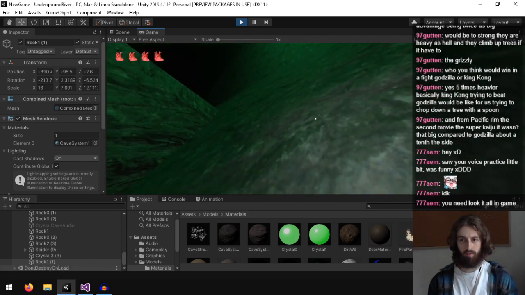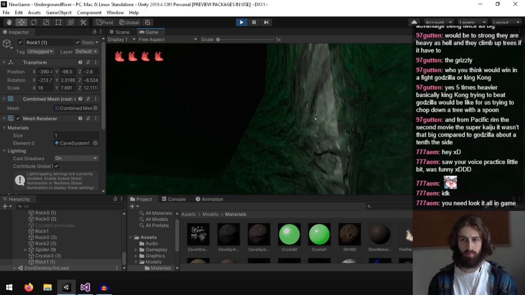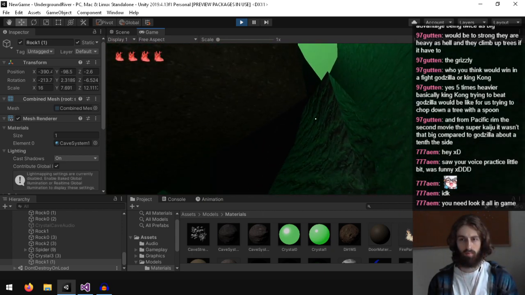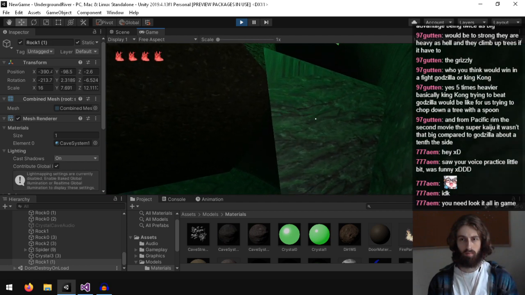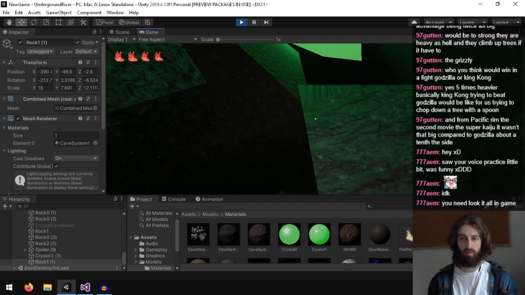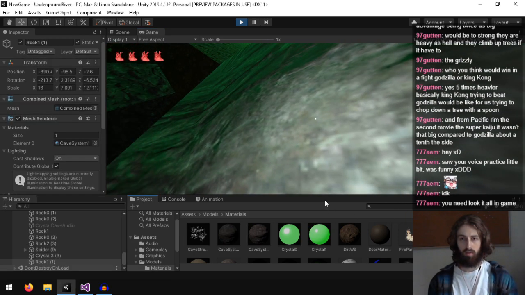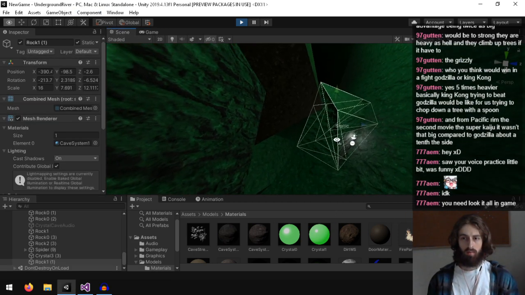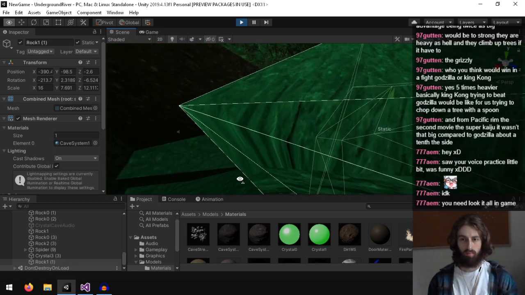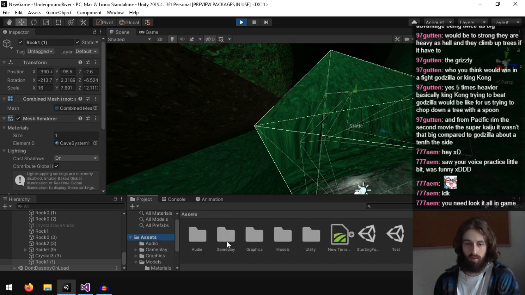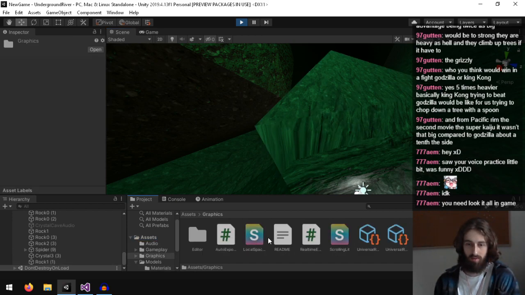So I'm just making sure now I can't jump up here. Why does it look like there's a corner that's bugged? Is the normal of this rock wrong? Hold on a minute. Let me recalculate these normals.